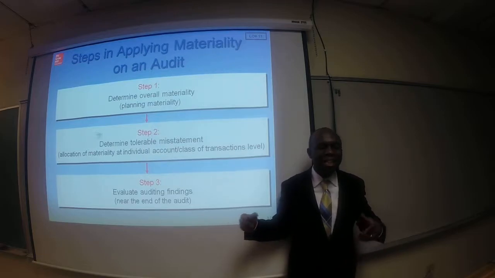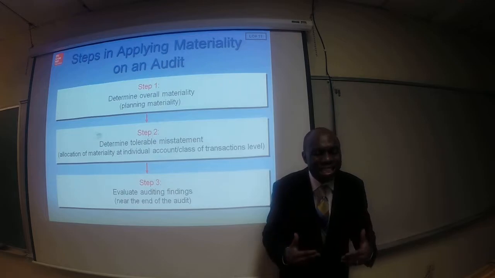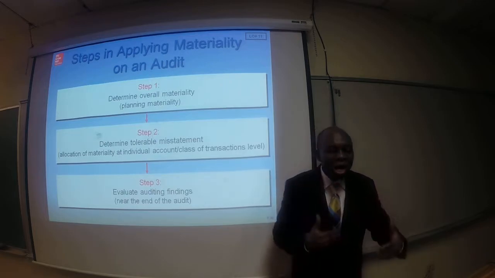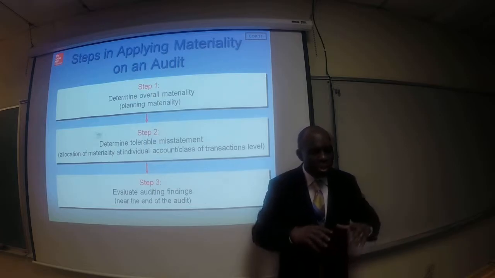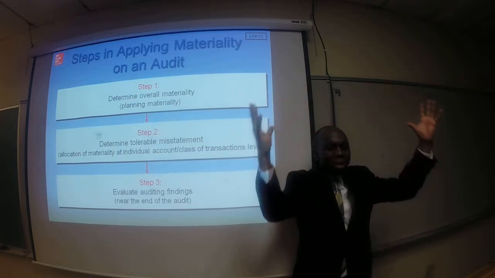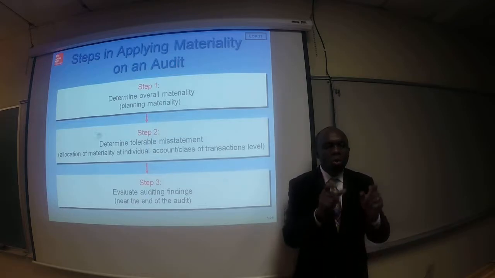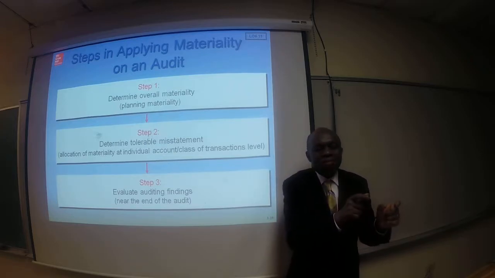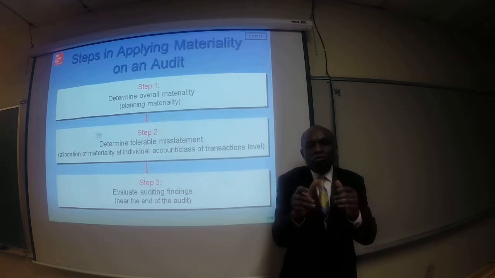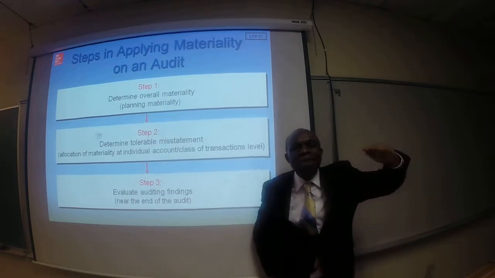Look at what it says here: tolerable misstatement is the allocation of materiality at individual account or class of transactions level. What does that mean? That means by the time we determine the overall materiality for the financial statements as a whole, we now need to break that down for individual account or class of transaction level. In other words, for inventory